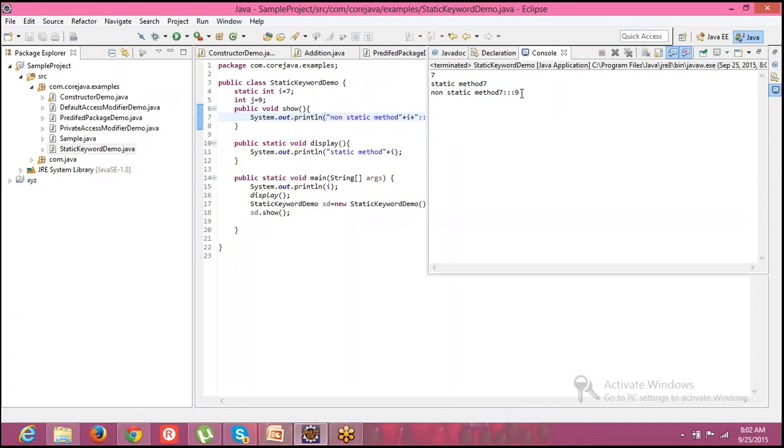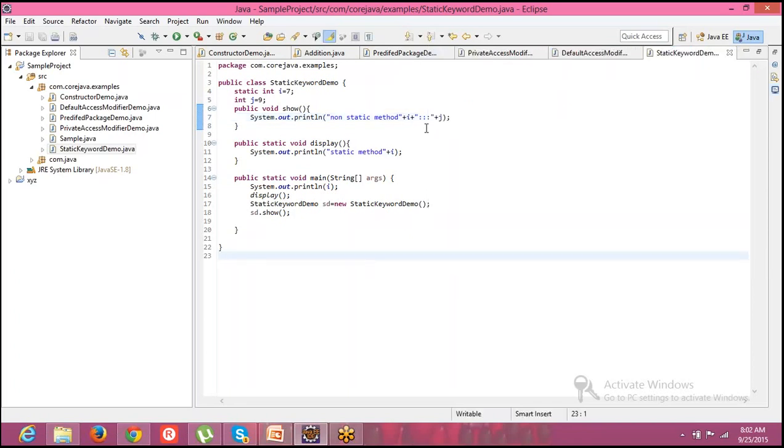From this, what we can conclude is non-static method can access static variables as well as non-static variables. Can I say like that? Yeah, let me say it again. Non-static method can access static variables as well as non-static variables.